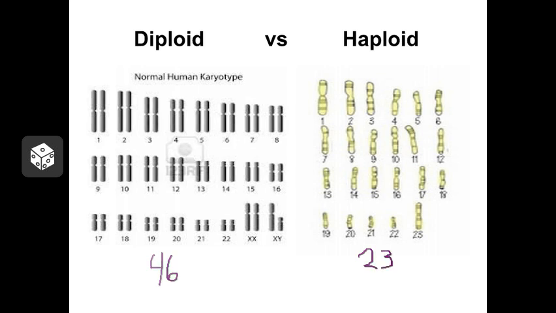Now you might ask yourself, why would the haploid cell only have 23 chromosomes? How can it even function? Well, think about the purpose of a sperm cell or an egg cell. The purpose of those cells is to get together, sperm fertilizing egg. So a sperm cell is going to carry its 23 little chromosomes. It's going to meet up with the egg cell, which also has 23 chromosomes. And when they are fertilized, that makes a fertilized egg with a total of 46 chromosomes. That cell can then divide and make all of the organs and other cells, each of which will also carry 46 chromosomes.